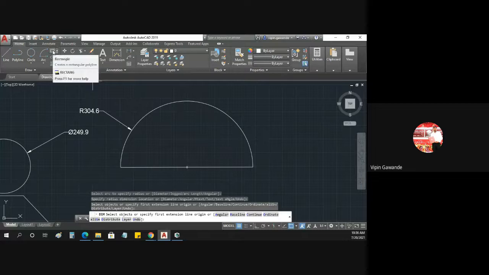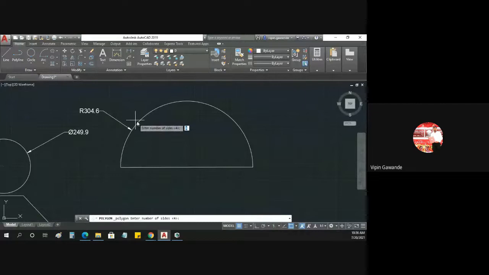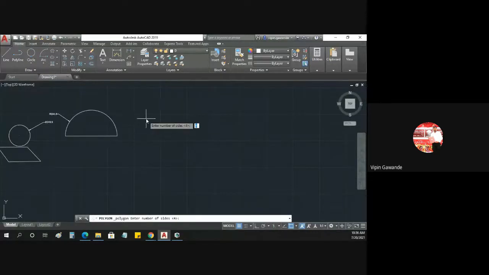Then we have the rectangle command here. We have the polygon command here. So what is the polygon command used for? See, when you select the polygon command, it asks to enter the number of sides. Enter the number of sides. So if you enter here 4,